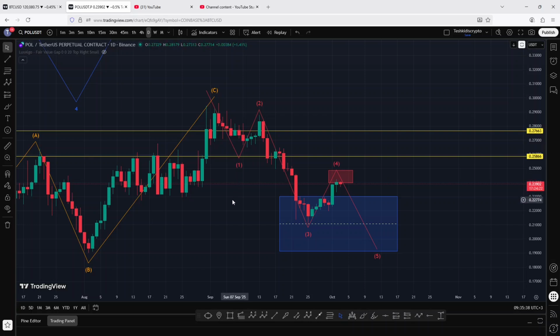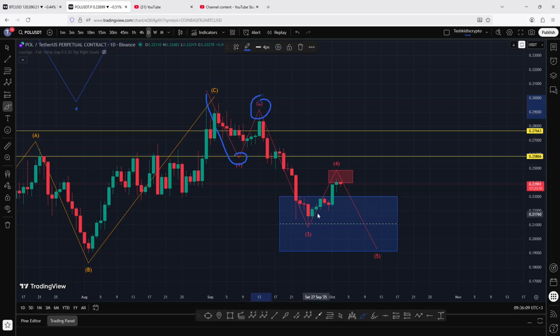And starting the video here on the daily chart, from the highs we made above the 0.2969, I have been observing this 5-wave structure to the downside in red, where you can see that we first saw that initial pullback in the formation of that first wave. Then we got a bit of a bounce in the formation of that second wave, then continued to push a